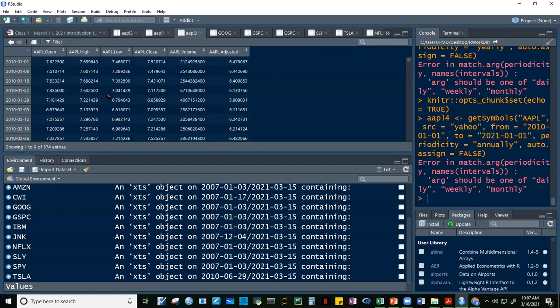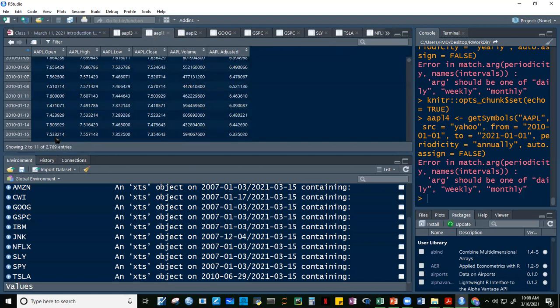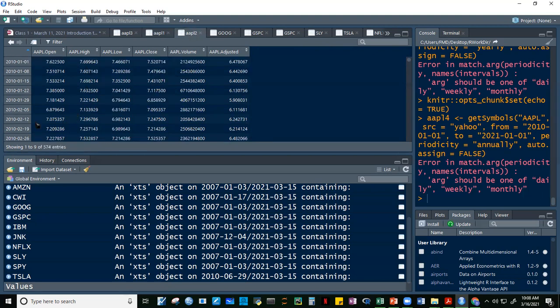Saan ang galing yung 7.69 for the week ng January 15? Okay, so there are discrepancies here. Anong question? Anong ginagamit ni Quantmod to get this? Yung opening price 7.533, January 15, pareho 7.533. Okay, pero pag dumating na sa high, pati sa low, 7.35 na dito, no? Sa daily,